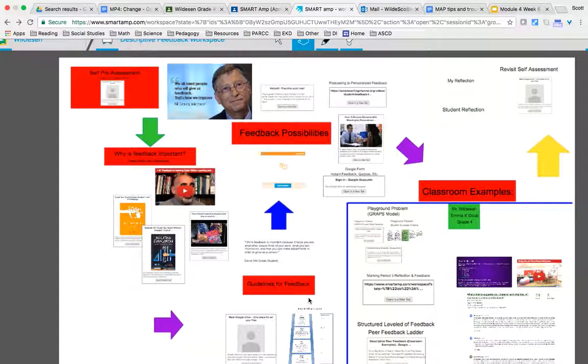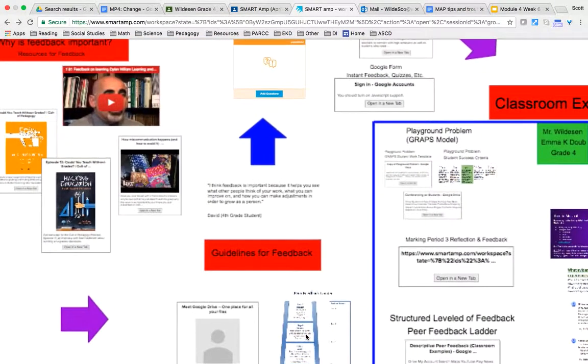Down in this area, I did some different guidelines for feedback. One of my favorite images is this ladder here. I use this with the students themselves to give them some structure through the feedback. It starts with clarifying feedback, stage 1, then moves up to value feedback, stage 2, then concern, which is stage 3, and then stage 4 is suggestions for further response.